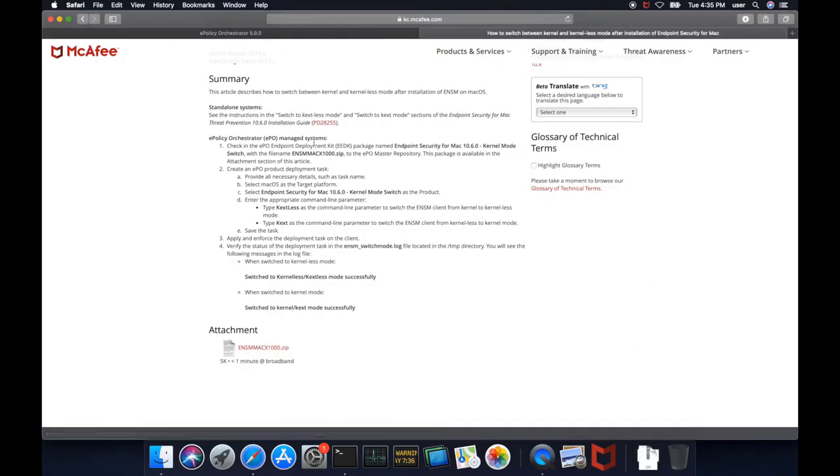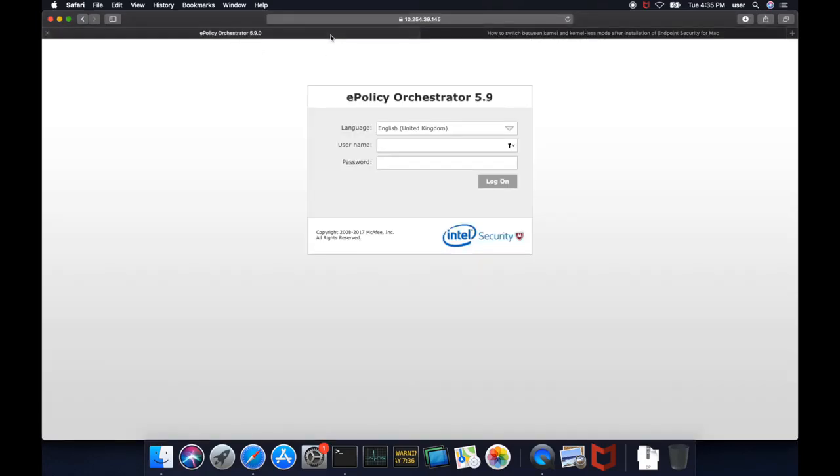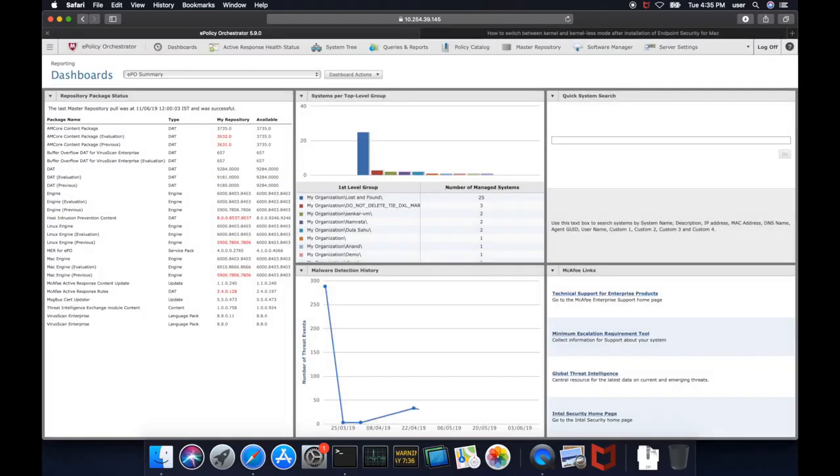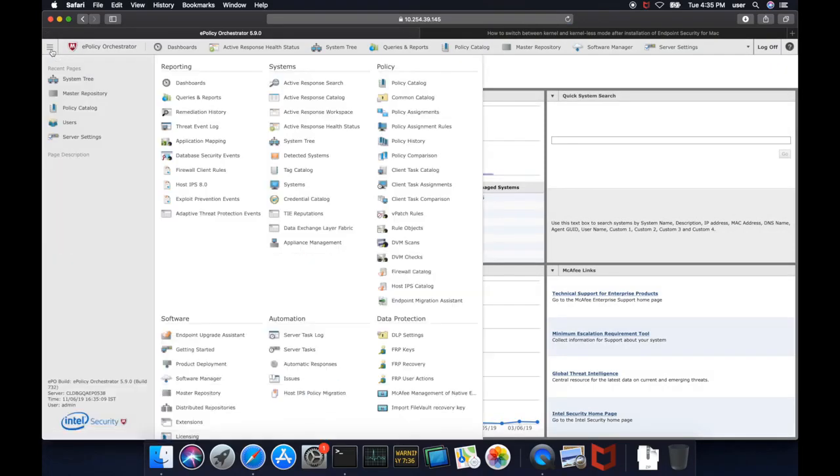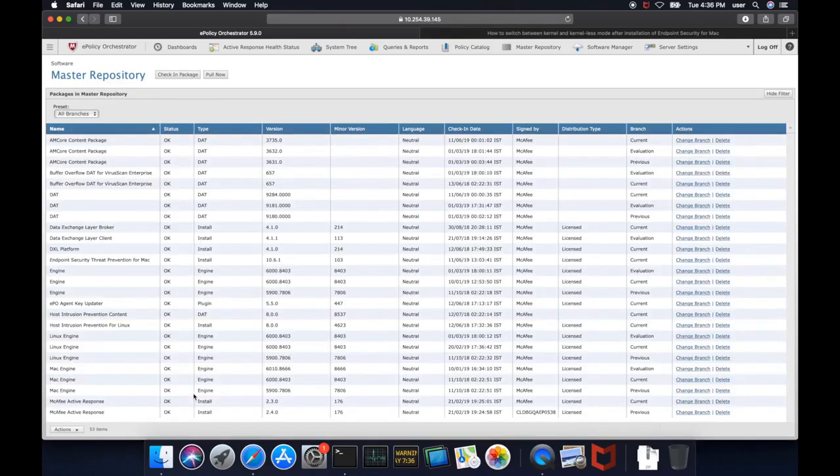Since we have downloaded the AADK package, now we have to check this package into the ePO master repository. After logging into ePO, we can go to the master repository from the menu and click on check in package to check in the package.